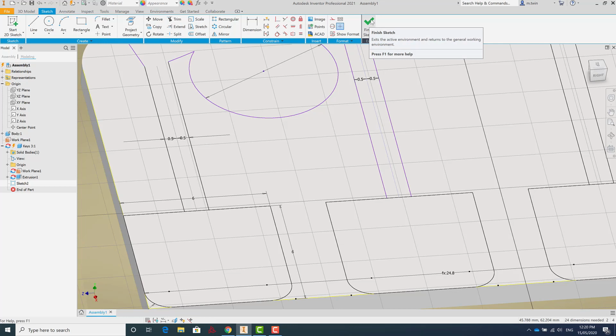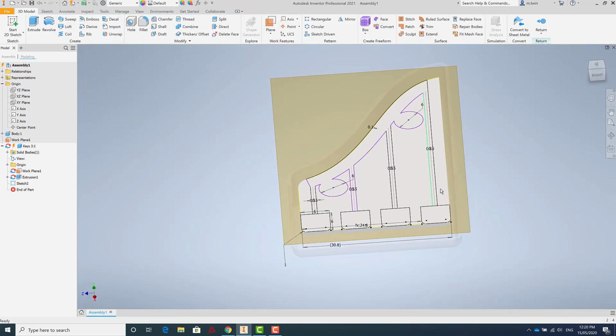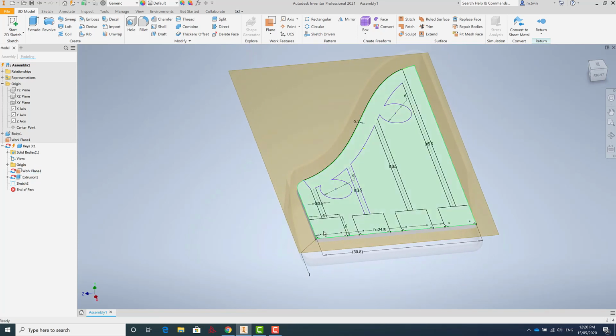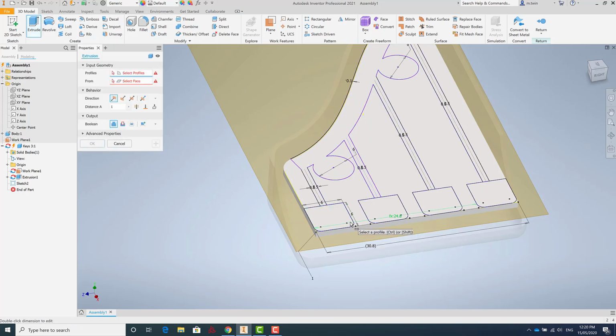Let's do that. So I finished the sketch, and now we've got this shape on that shape. Now you might be asking, why don't we just create this shape to begin with, rather than creating a big pattern and then cutting the other one out? And that's because the big one we created at the start gives us the boundaries for where we're going to work. So I can click extrude here, and I should be able to click that,